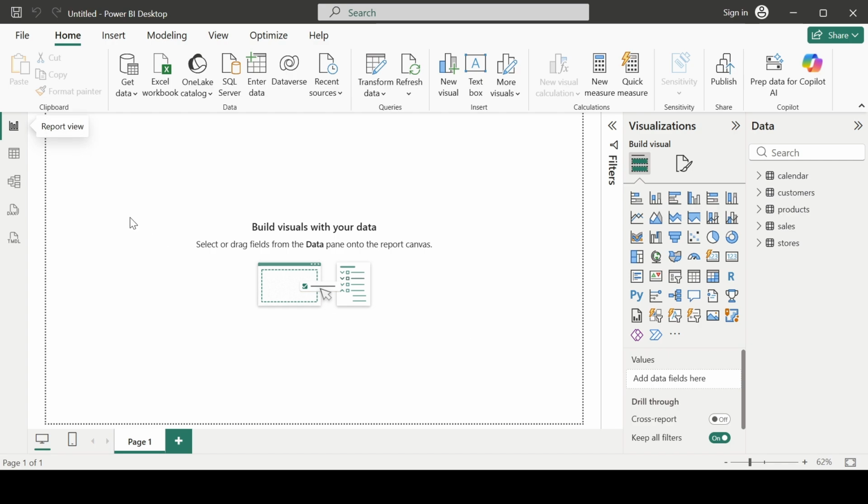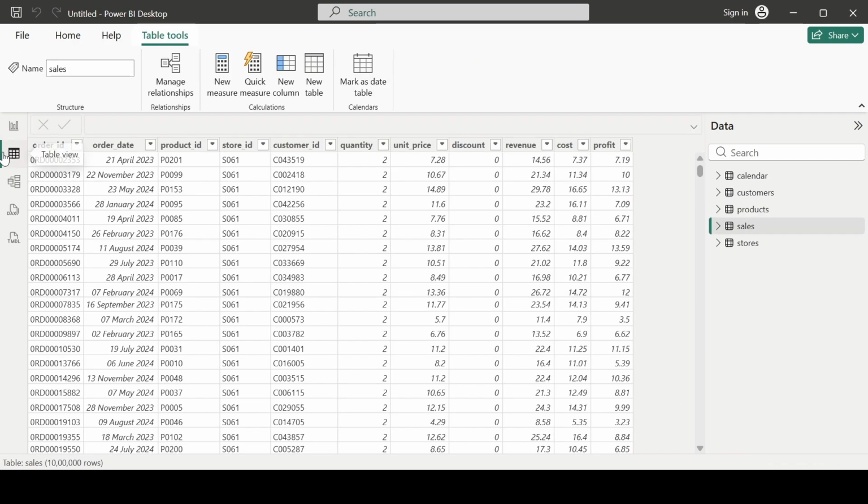Now we will go to the table view and we will start building our DAX functions. So we are at the sales table and we can see we have mostly all the columns available. The sales revenue column is also available over here. And the first DAX function will be the sum of our revenue, meaning the sum of the sales we will